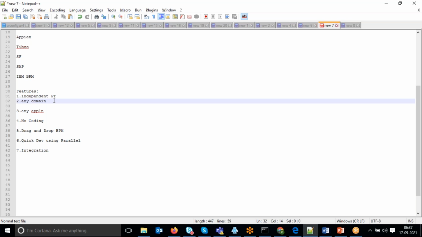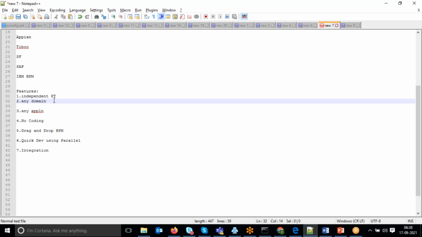Using this tool, I can design and develop any type of domain application. Whatever domains we have in industry: a banking application we call the banking domain, an insurance application the insurance domain, healthcare the healthcare domain, social service the social domain, and also the education domain, automobile domain, manufacturer domain.